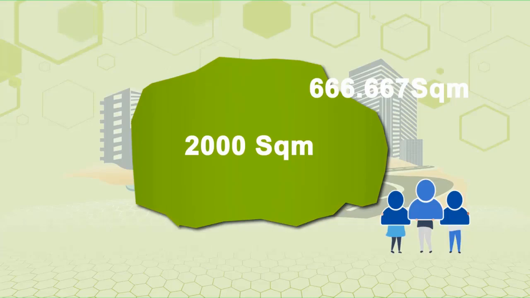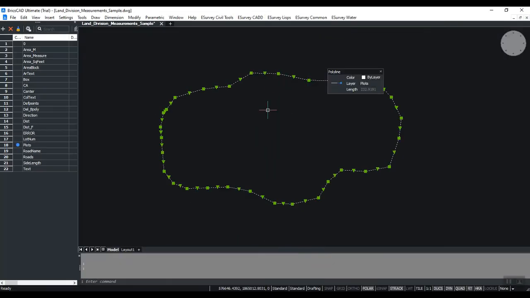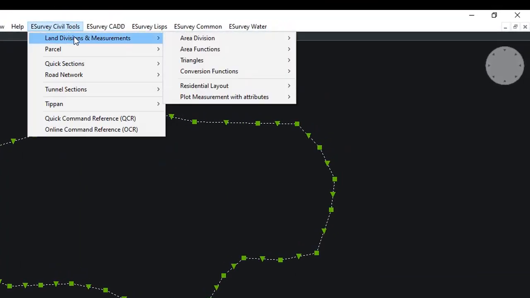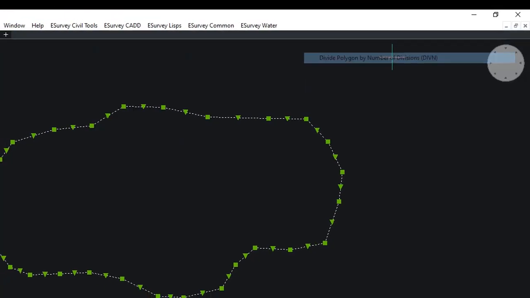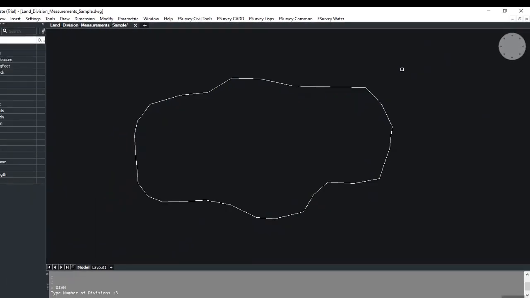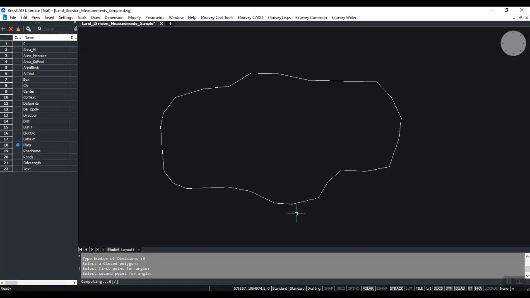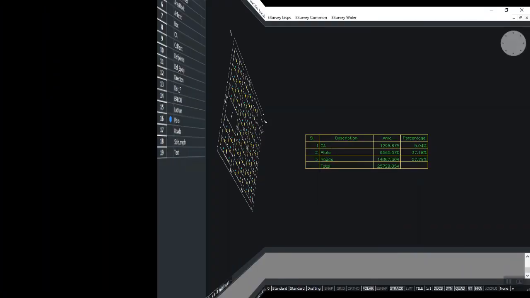When we take that irregular polygon and try to divide the same in a CAD package, we can note that achieving the exact area required, 666.667 square meter, takes a lot of time. The area division software will ask for a direction in which you want to divide and the number of divisions you wish to make. Once you specify, you will divide the given polygon into a specified number of divisions. Similarly, it can split the polygon based on the set percentage.